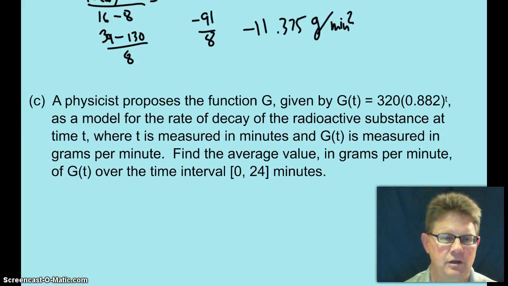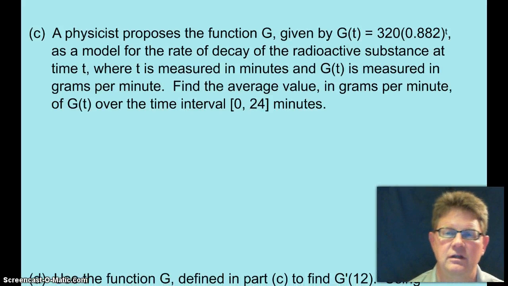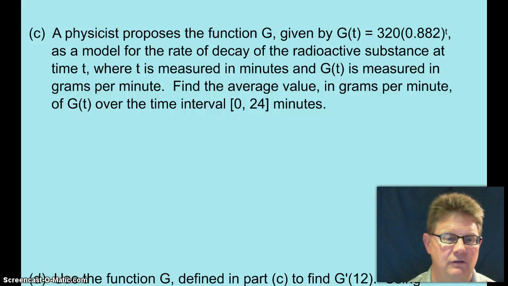Okay. C. A physicist proposes a function g given by g of t equals that. I'll let you just copy this down, and I'm going to move on after that because I've only got 2 minutes left. So go ahead and copy that down, and then we'll get right at it. I don't need to read it to you either. Alright, so the average value in those 24 minutes,